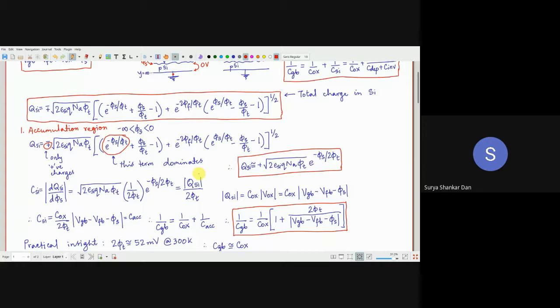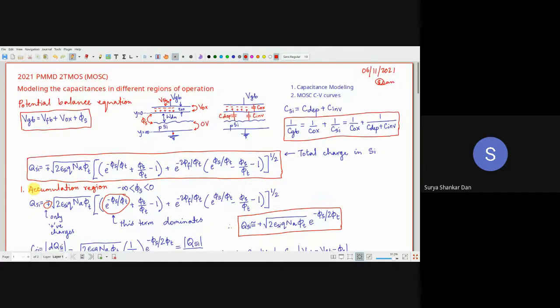Now, always keep in mind that as a circuit designer, you are not interested in the charge in the silicon. Silicon charge लेके आप क्या करोगे? Because हमें सिर्फ देखने हैं कि terminals के हिसाब से देखो. This is the VGB. So we are interested in CGB, the gate to body capacitance. Later on in your VLSI design, you must have seen that the circuit operation, circuit performance, everything depends on CG. Okay, whether it is CGB, CGS, CGD, and whatever.